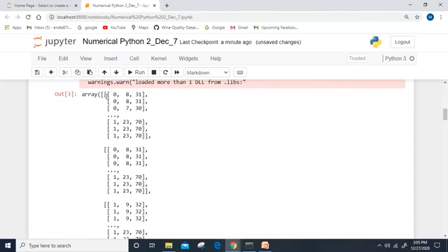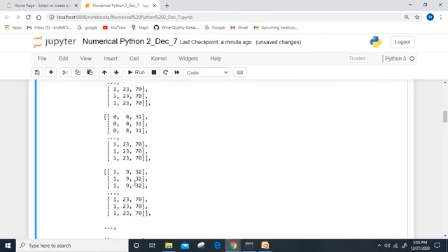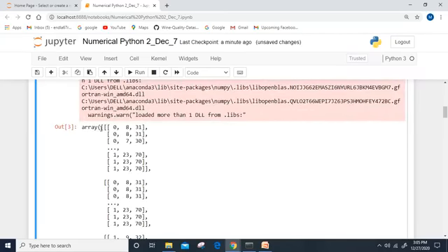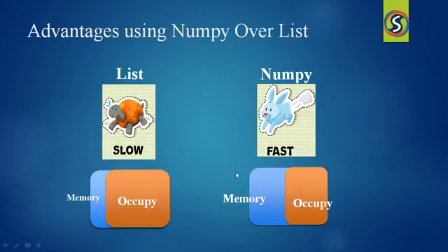See, it is giving the array. Like by using these numbers, it is reading the image. Here you may get a doubt. A list is indicated with square brackets itself, and an array is also indicated with square brackets. Then what is the difference between the list and NumPy? Let me tell you the advantages of NumPy over list, then you will understand the difference between NumPy and the list. Alright, let me open the slides and move forward.